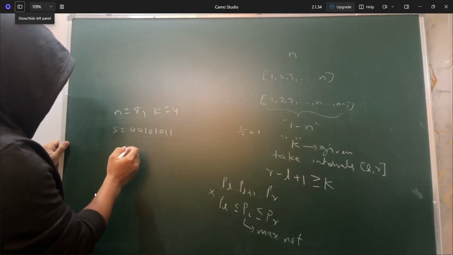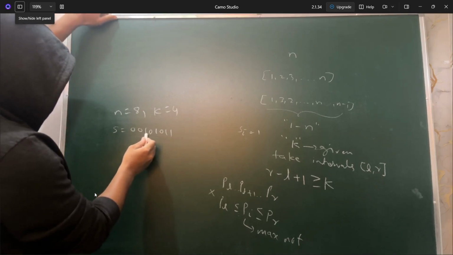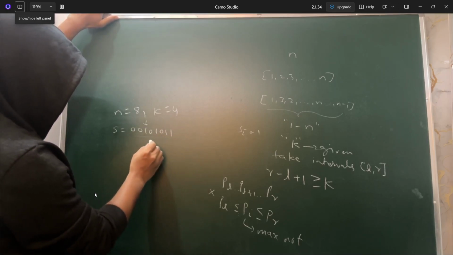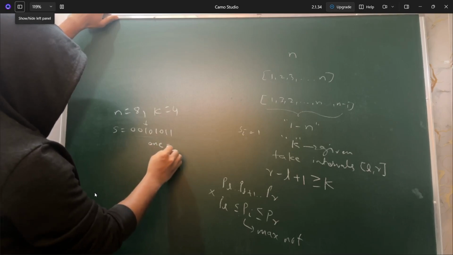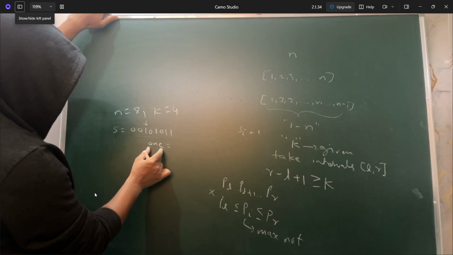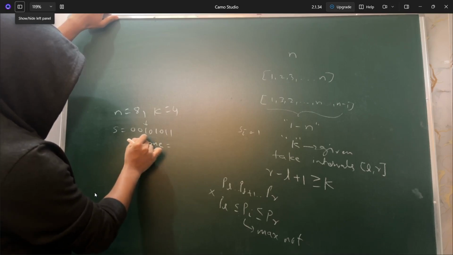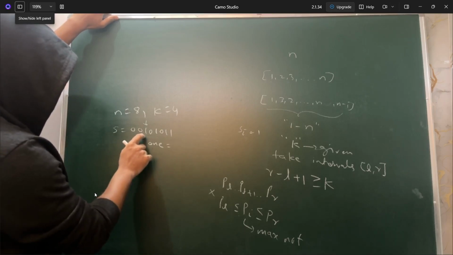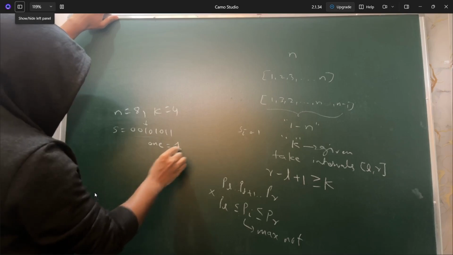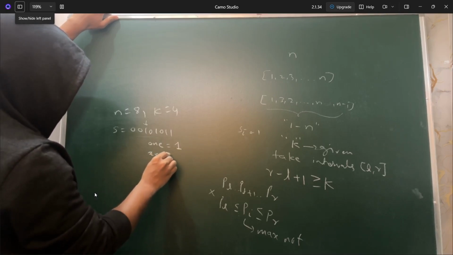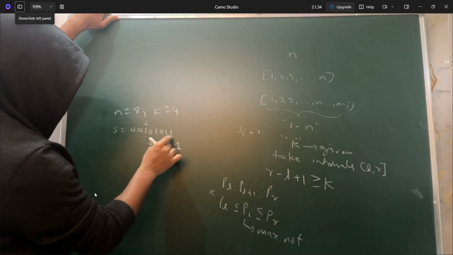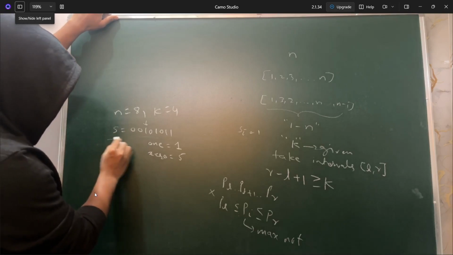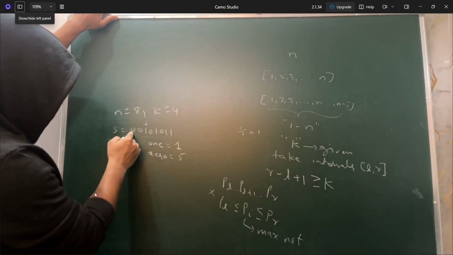So how will you start? Total number of ones you have is 4, so you will be taking one variable basically, which is a counting variable. If you find a one, what value will you be inserting? So the ones will always start with 1, and the 0 positions will start after 1 2 3 4, then the next one, fifth. So now you will be running through a loop, and whenever you find 0,